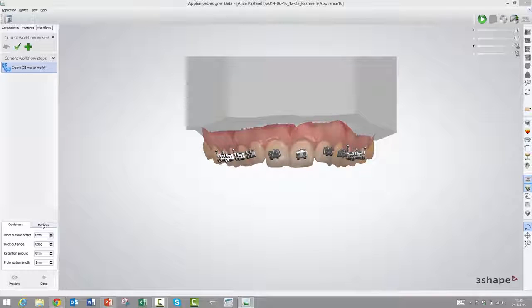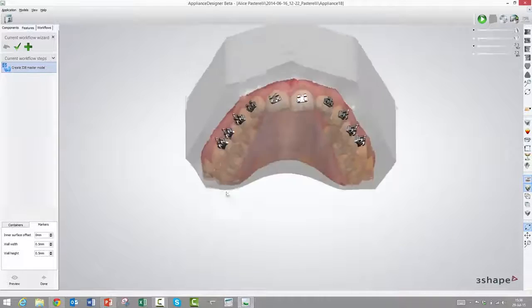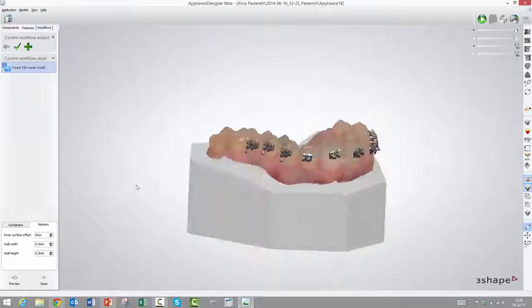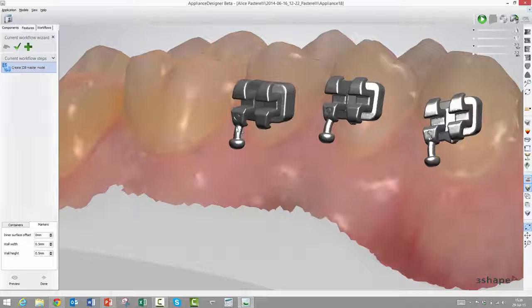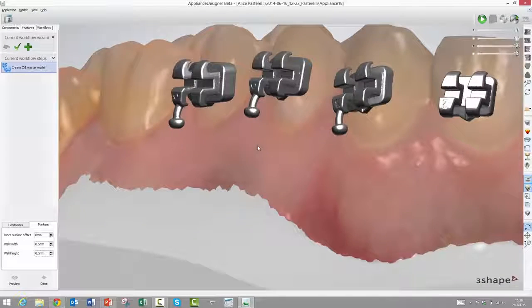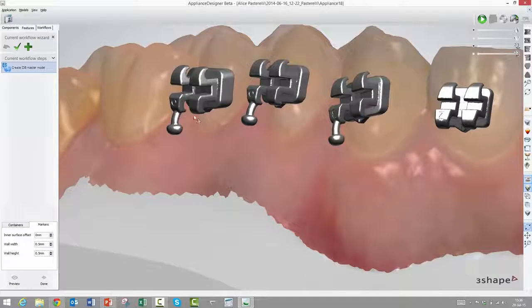So let's start with the most simple one, and this is what we call markers. The idea is that we will print the model as seen here, but without the brackets, and instead there will be these tiny walls where the real bracket should be placed before we do the vacuum pressing. We will then still, of course, need to protect the hooks and wings like you usually do in the real life workflow once this has been printed.